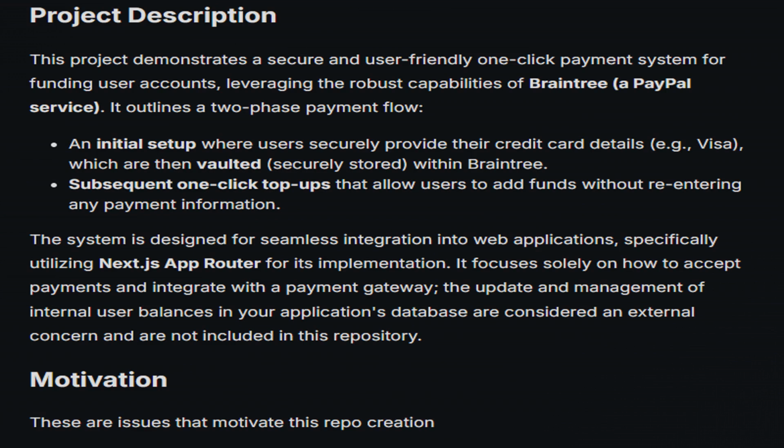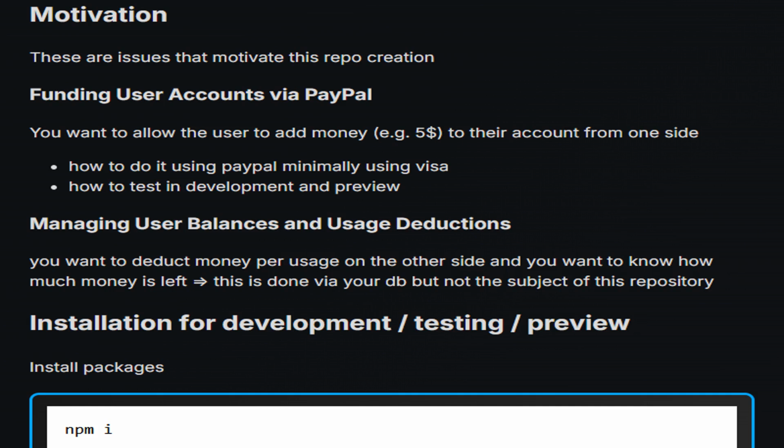The project presents a secure one-click payment system using Braintree, allowing users to fund their accounts without repeating payment information entry. It features an initial setup for credit card details vaulting and highlights the integration with Next.js for an effortless user experience. This section addresses the key motivations behind creating this repository, which primarily look to streamline the payment process